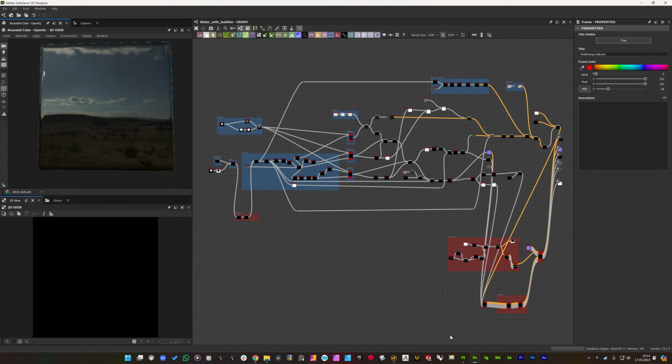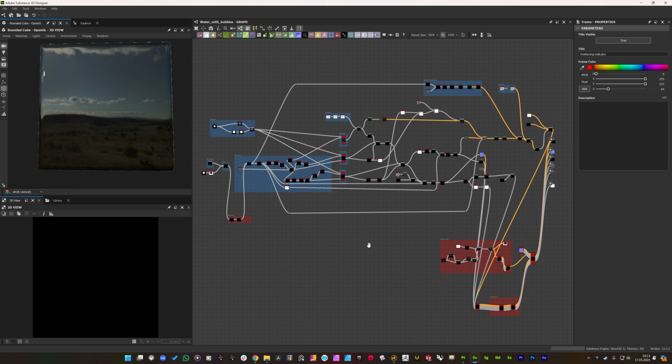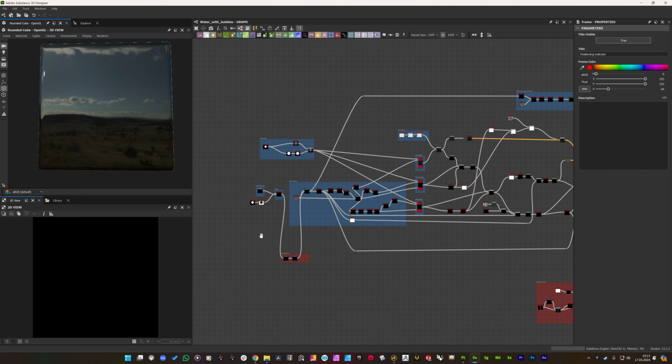So let's start by checking the graph which is included in the pack. So this is the Substance Designer graph, but the pack also has a Substance Archive file that you can use with Substance Painter. So the main usage scenario of this pack is within Substance Painter, not Designer. But I am including this graph in the pack as well for you to adjust it according to your needs if it's needed in a technical way. So let's check it within Substance Designer first, and then we move on by applying it to a sample mesh